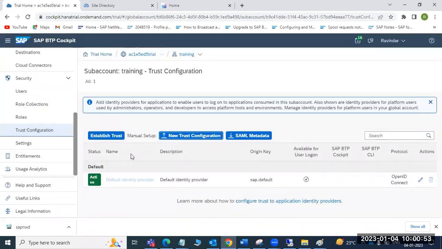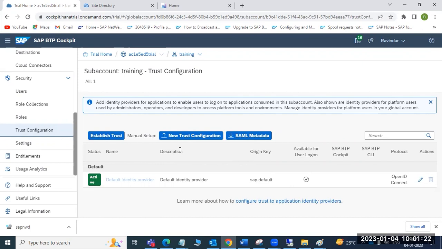If you want to perform end-to-end SSO, you have to use these trust configurations, and download and import metadata. Same as the SAML transaction code we tried last time. For one of the companies, we have to do the same. We need the Azure ADFS metadata and have to import it there, and our metadata has to be imported from their side. Then whatever account you have on the AD side, the same account you can log into the BTP side as well.